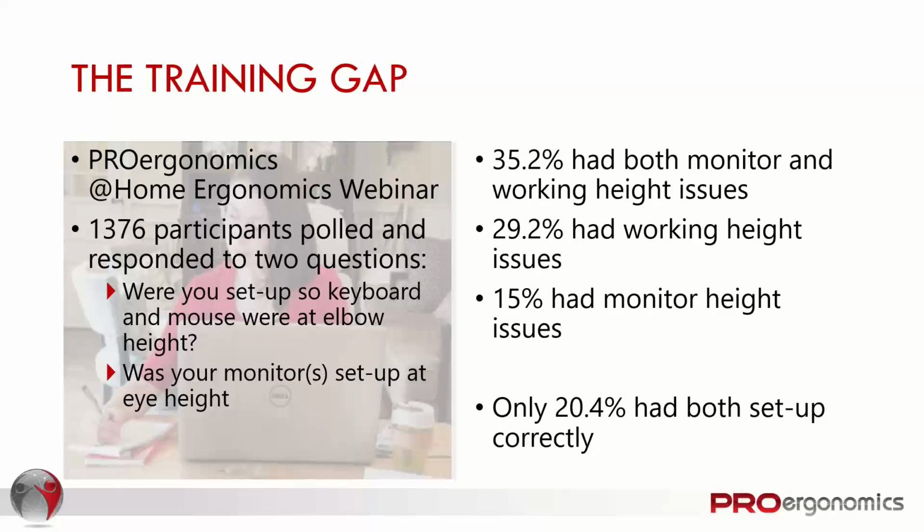But in temporary situations, most of the people we are meeting with and talking with in those webinars are sitting on kitchen chairs. I've seen folding chairs. I've seen couches. I've seen all kinds of different things. Not a lot of fully adjustable true office chairs. Maybe on occasion an adjustable chair that goes up and down, but very few actual adjustment features. And so if we had started to add questions about a chair to this conversation, I think we would see that 20% who were correctly set up, I think that number would plummet, right? That's anecdotal. I don't know that for sure, but